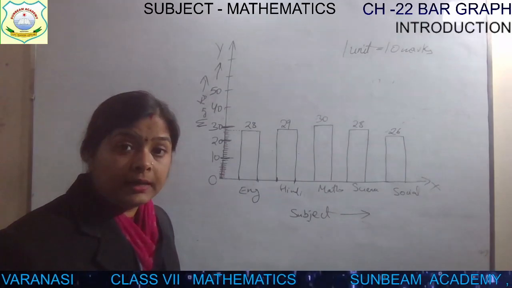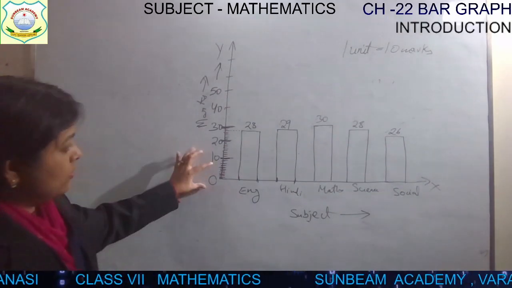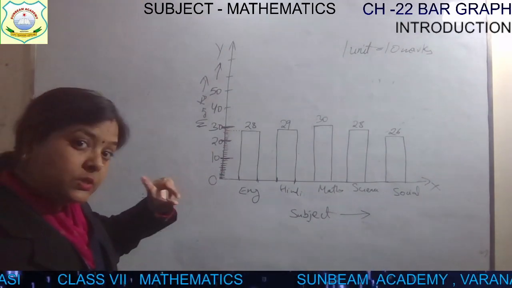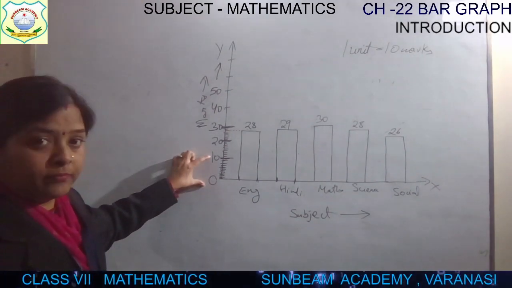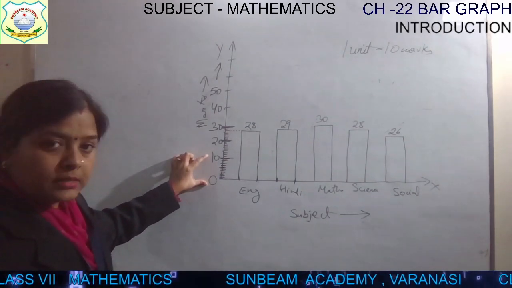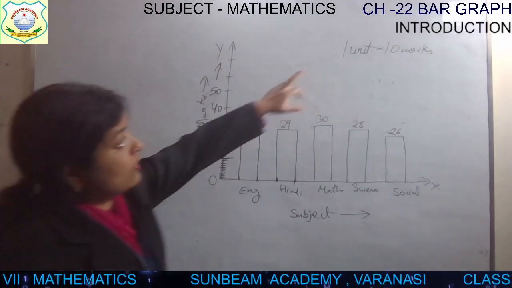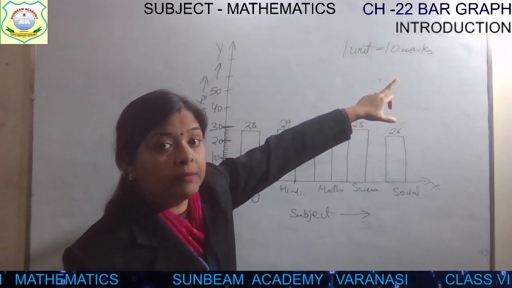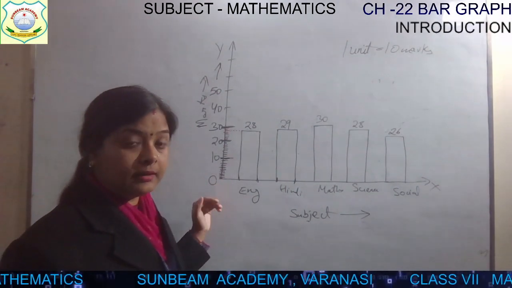If it becomes 28.5, then no, I can't plot it, right. Because my one small scale division is 1, so how will we bring 0.5? So in that way you have to think. Okay, in that way you have to think. See, this is 10. One unit is equal to 10. So 1 unit is equal to 10 what, son? 10 marks. It is not 10 liters, not 10 centimeters, it is 10 marks.